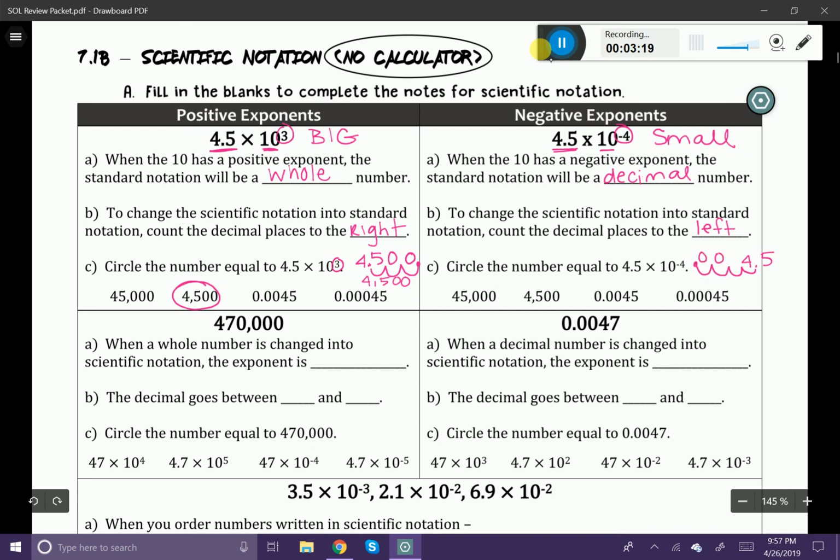I highly recommend drawing the little loops. It's very important to do that, and the zeros are going to go in between the loops. All right, now that's going from scientific notation into